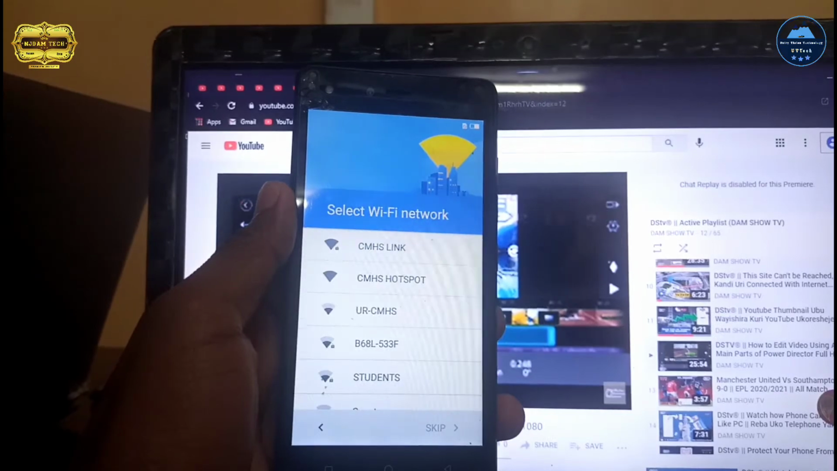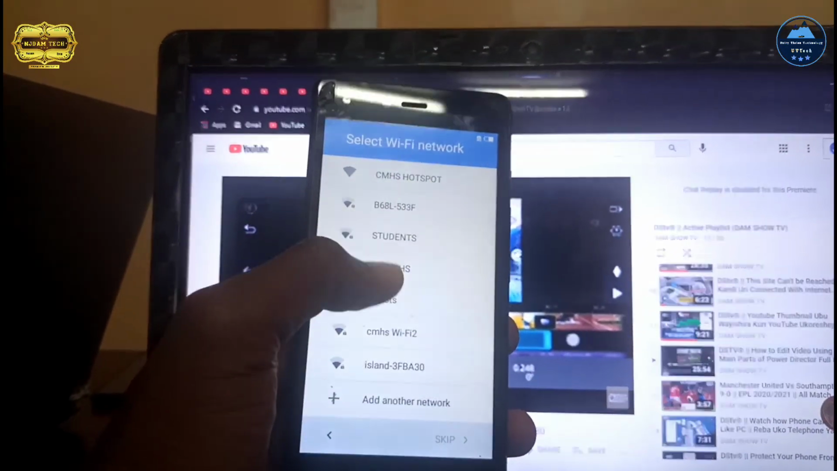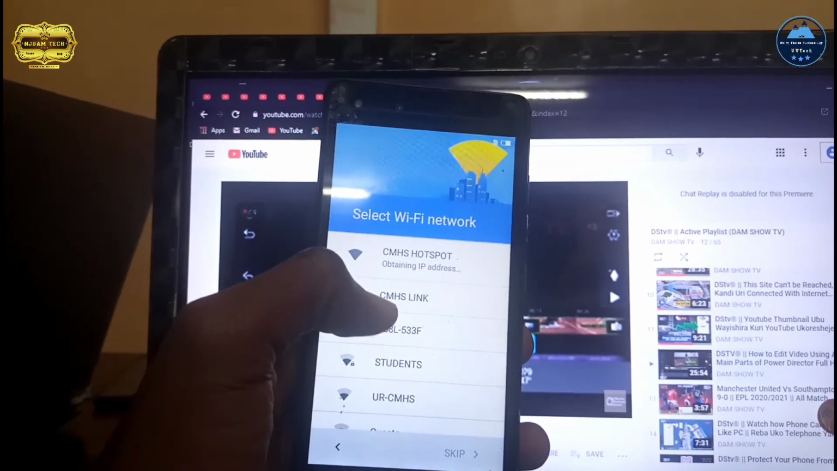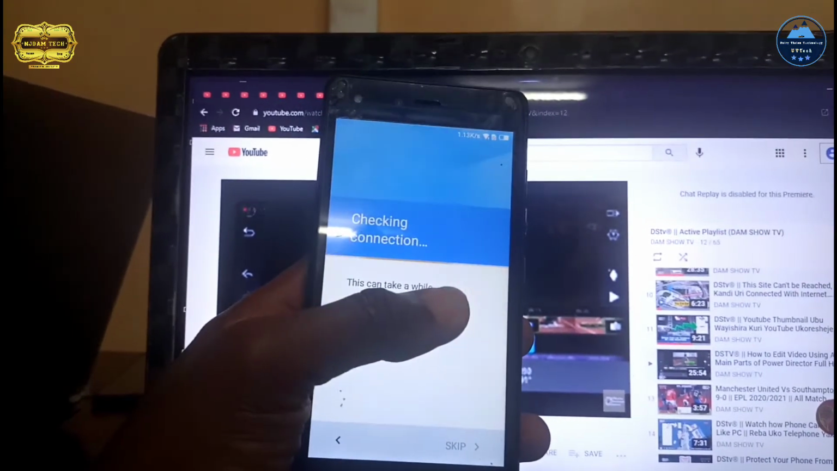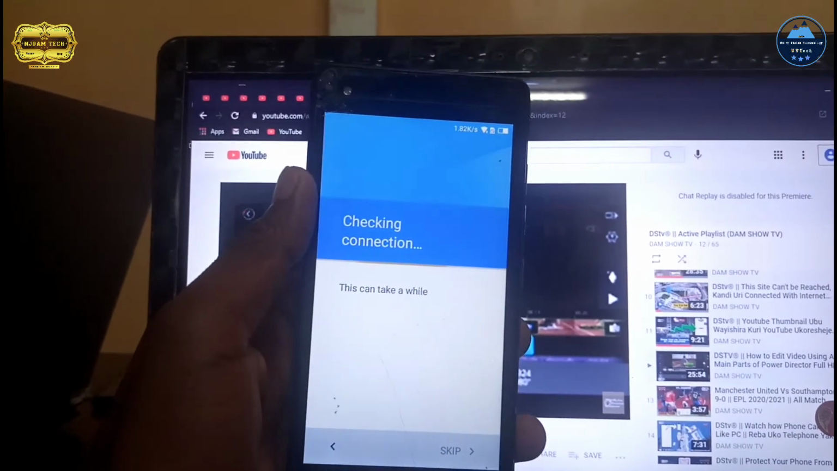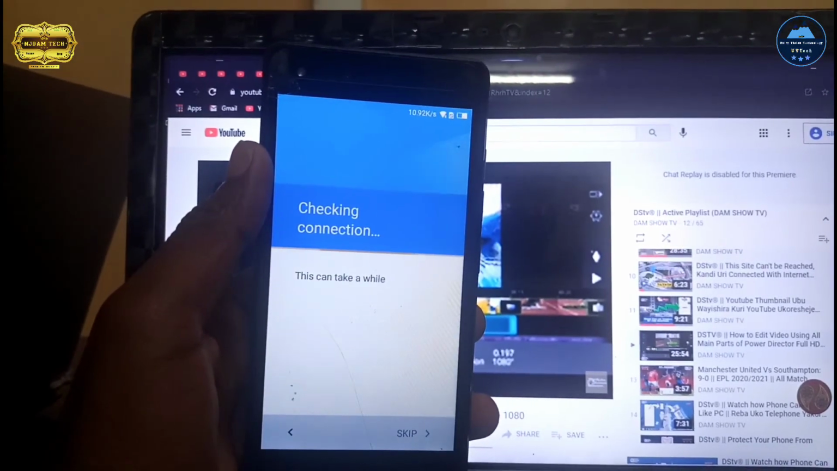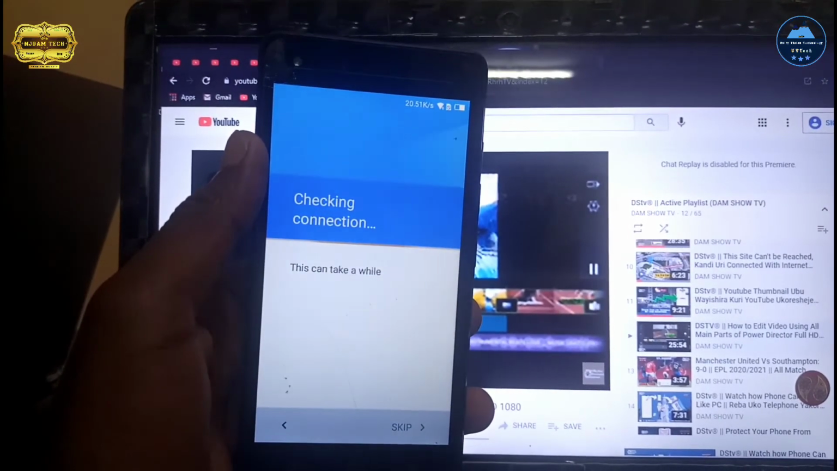You have to connect with the network. You click next, then choose the network you need to connect with. You can share the network to your phone by using another phone, by opening the hotspot, checking the connection. When it is connected,